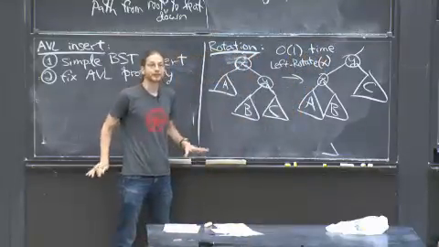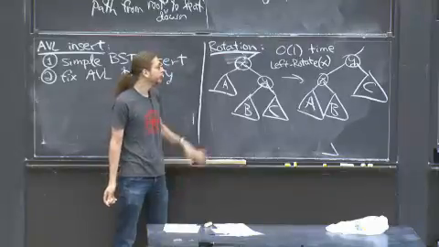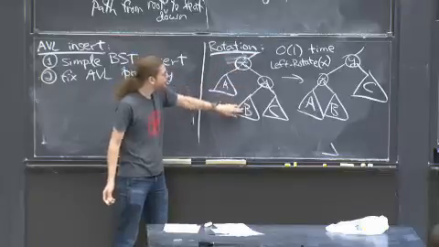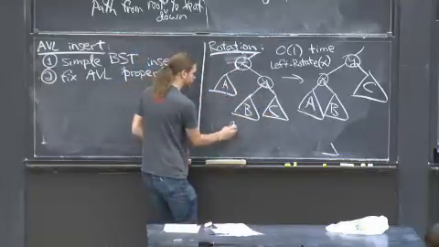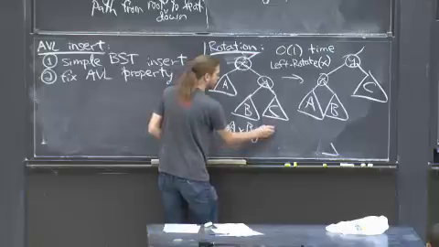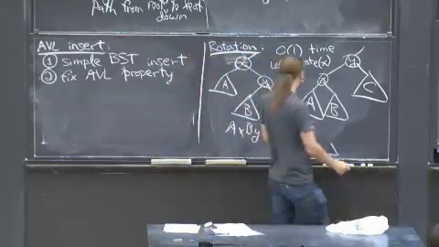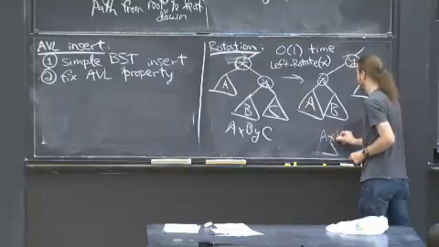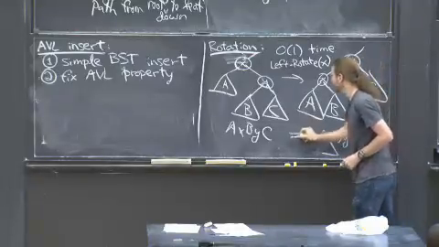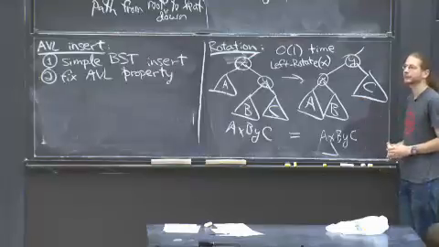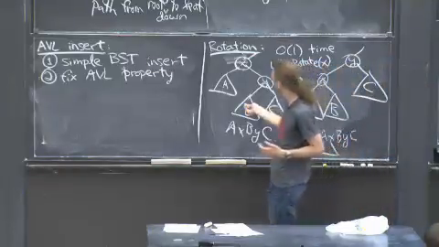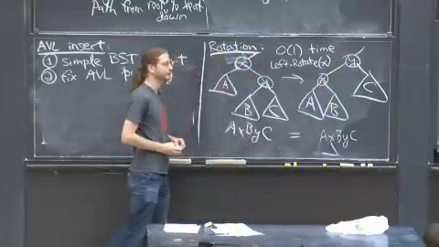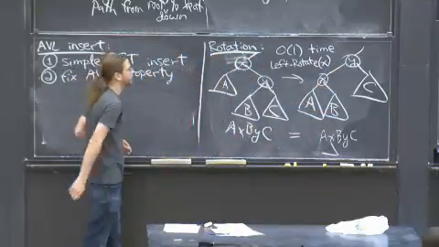And more importantly, it satisfies the BST order property. If you do an in-order traversal of this, you will get A, X, B, Y, C. If I do an in-order traversal over here, I get A, X, B, Y, C. So they're the same, so it still has BST ordering. You can check more formally. B is all the nodes between x and y. It's still all the nodes between x and y, and so on. You can check it at home, but this works.